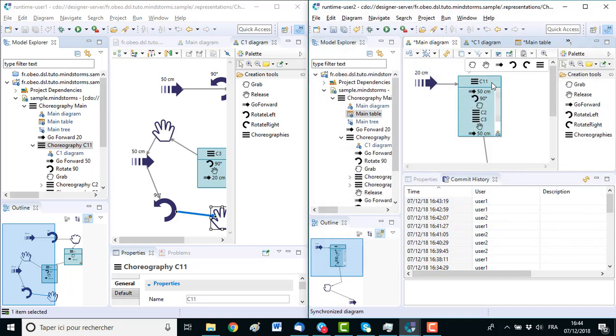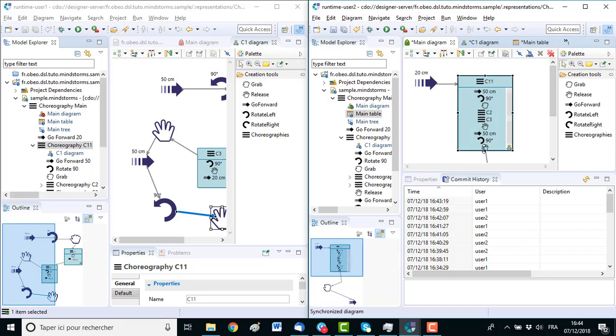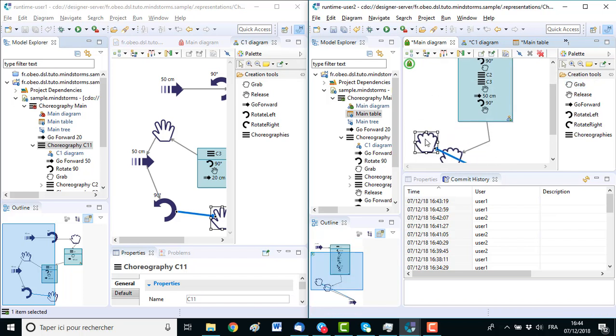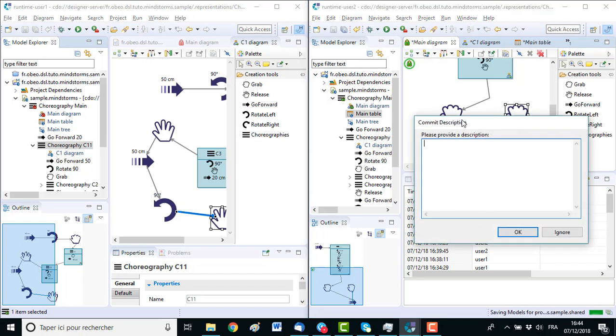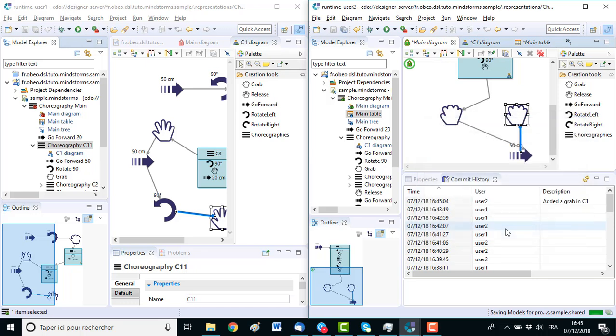So now if user 2 changes something, for example here, and when he saves the modification, OBEO Designer opens this dialog so that user 2 can describe the modifications, in C1, for example.